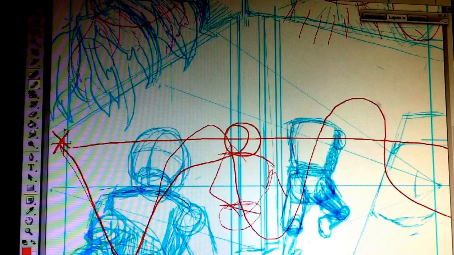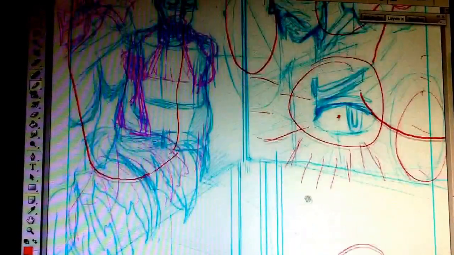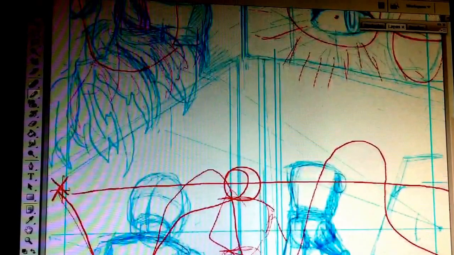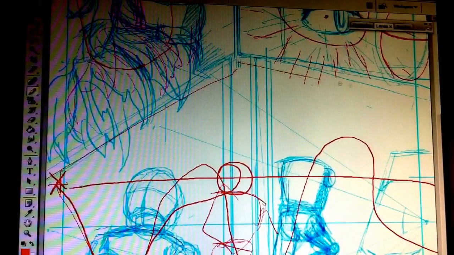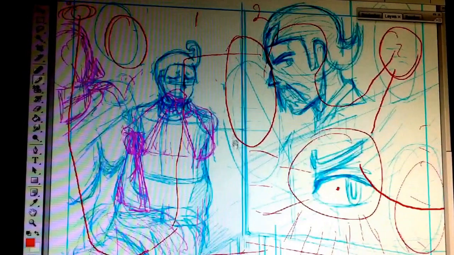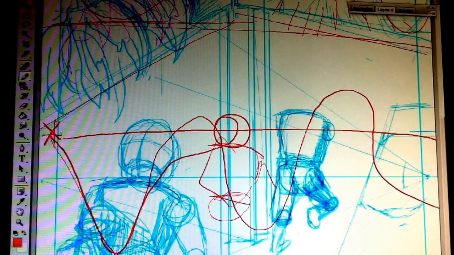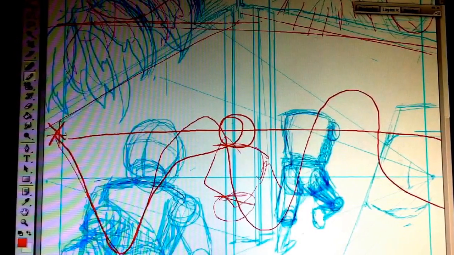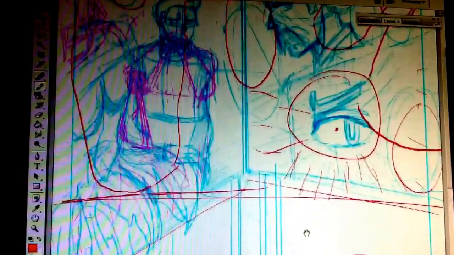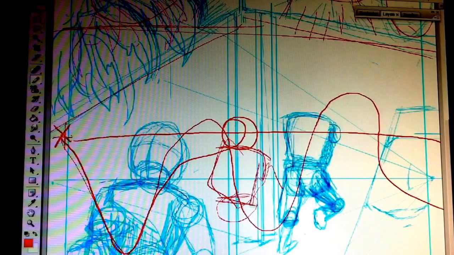So you have to be careful when you're doing flow and getting the person's attention to the next panel. This may be a problem too, because of the way the panel cuts, I might have to reshape it so that the viewer can look at the full view of the panel and get the full experience of what's going on. Let's see what we got here. So I'm going to throw this character here,